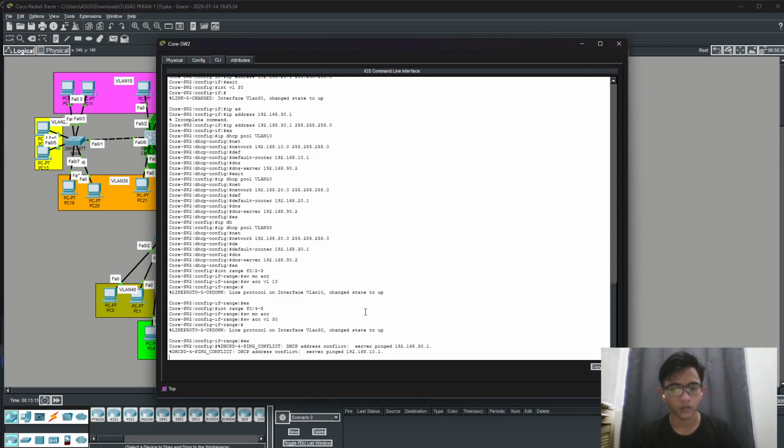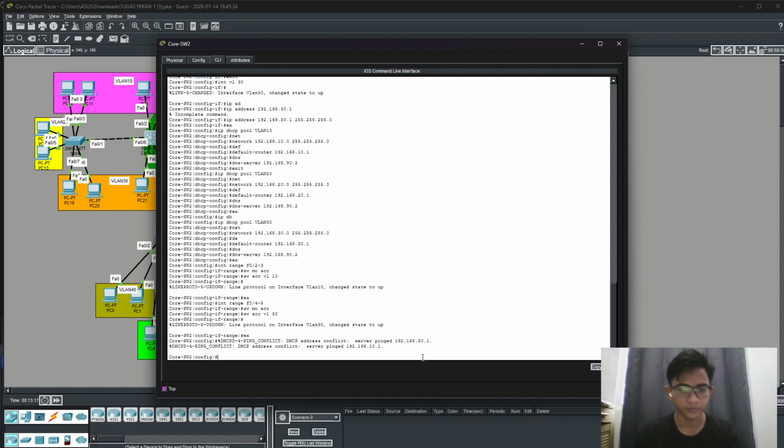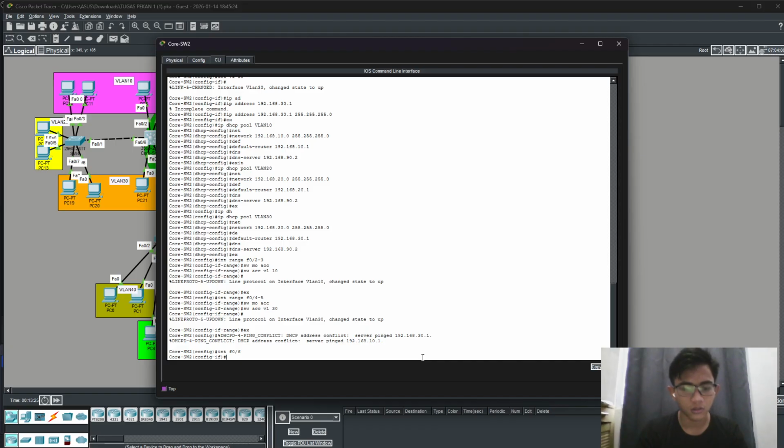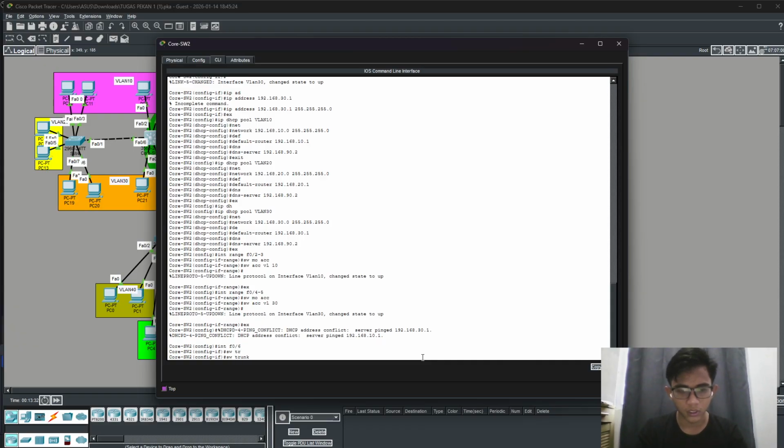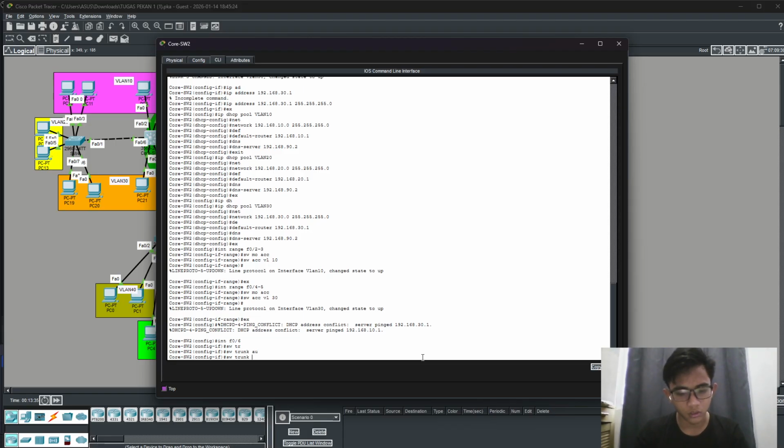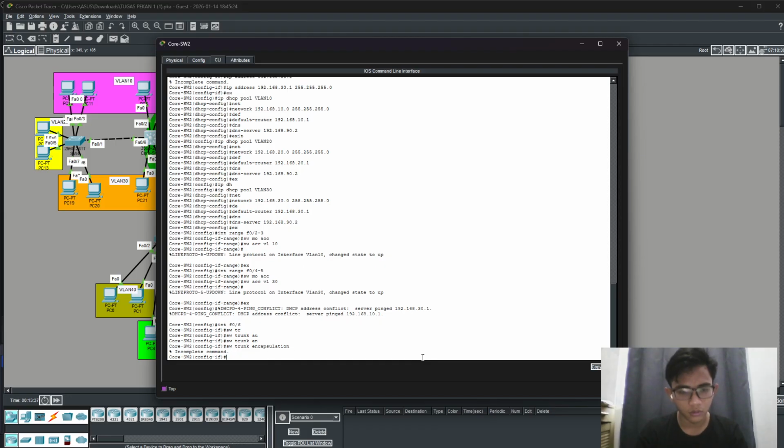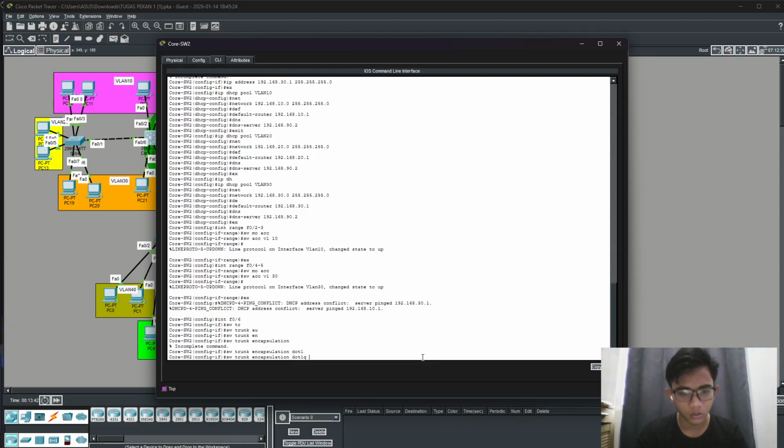And don't forget to trunk. So interface F0/6. First is switchport trunk encapsulation dot1q.